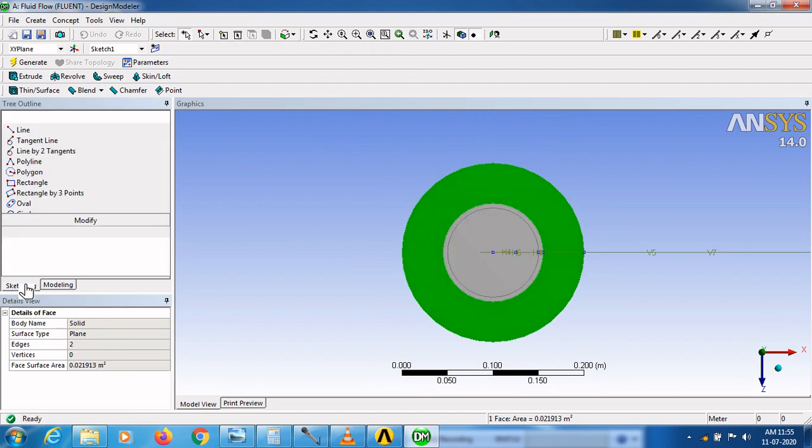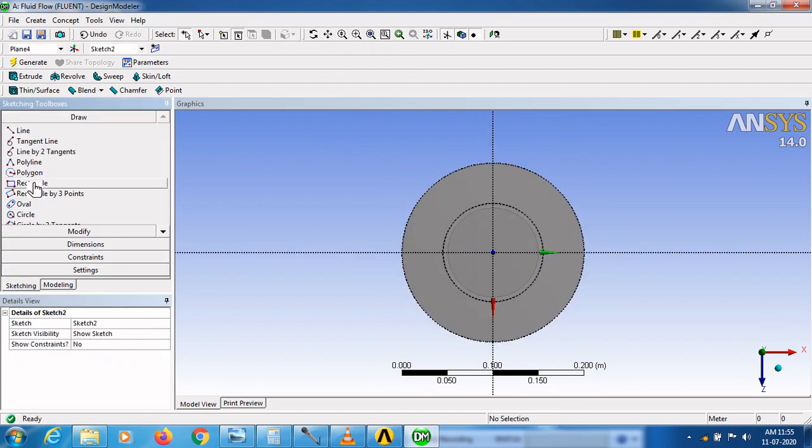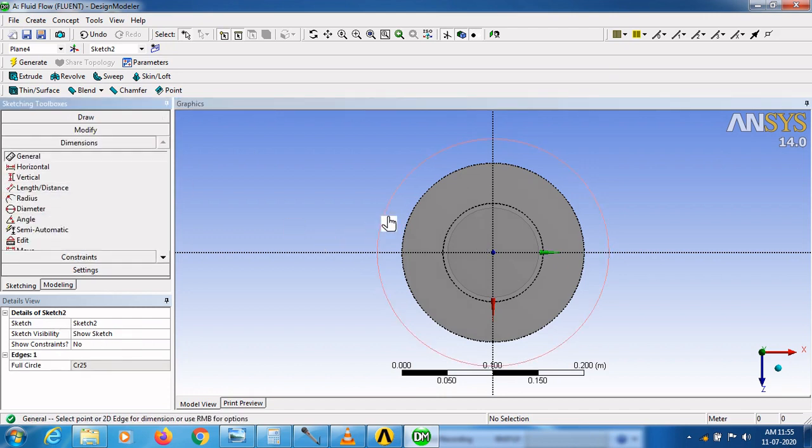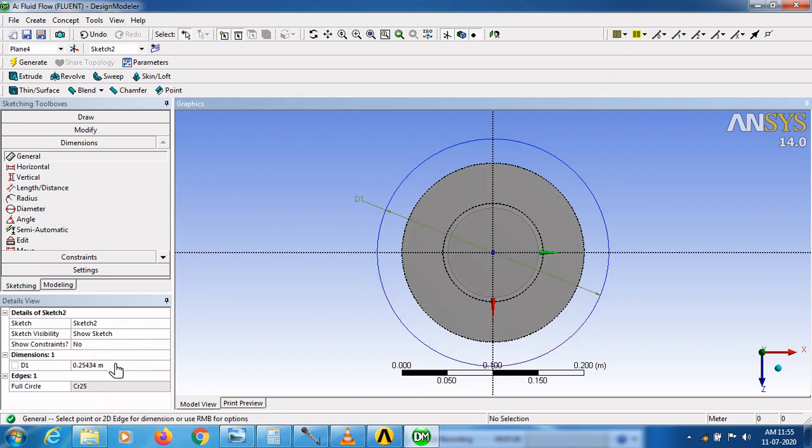And go to sketching mode. And draw the circle. The circle diameter is 0.2 meter.